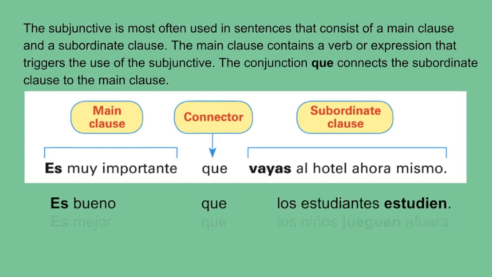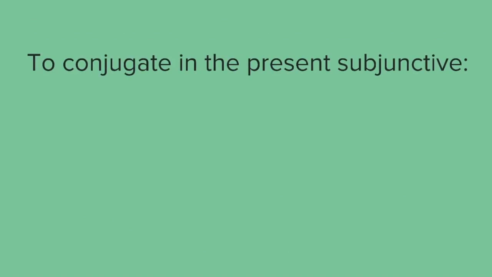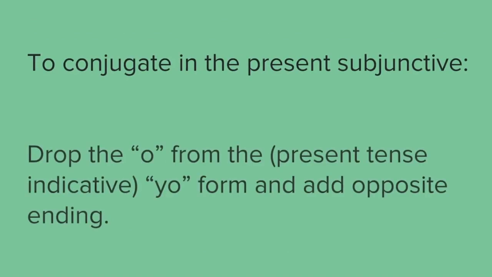Here's a couple more examples. These all use the impersonal expressions. But of course, as we've learned, there's a lot of other verbs that fit into that whole realm of the weirdo acronym. Now, when you were conjugating in the present subjunctive, the rule that we used was to drop the O from the yo form, and of course that would be the present tense indicative yo form, and add the